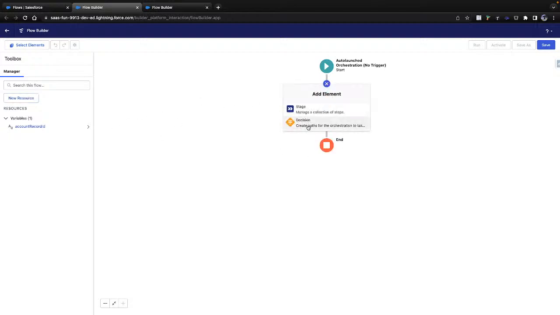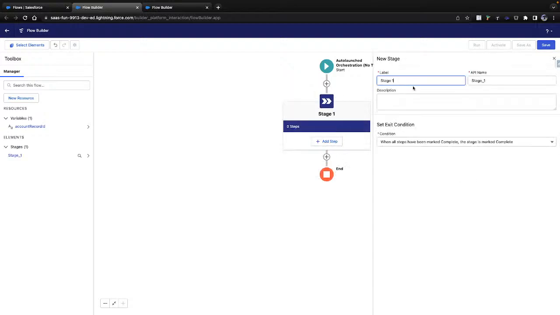We have two things, stage and decision. Let me see what is inside stage. I'll leave the naming convention the same, Stage 1. Stage 1 is, otherwise I'll say, is contact created.